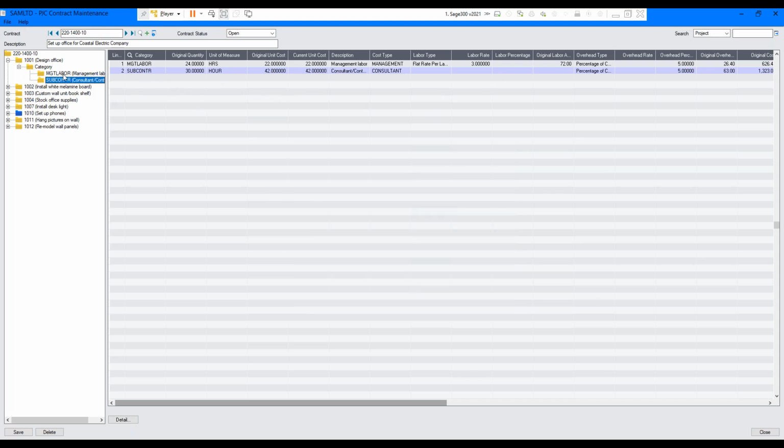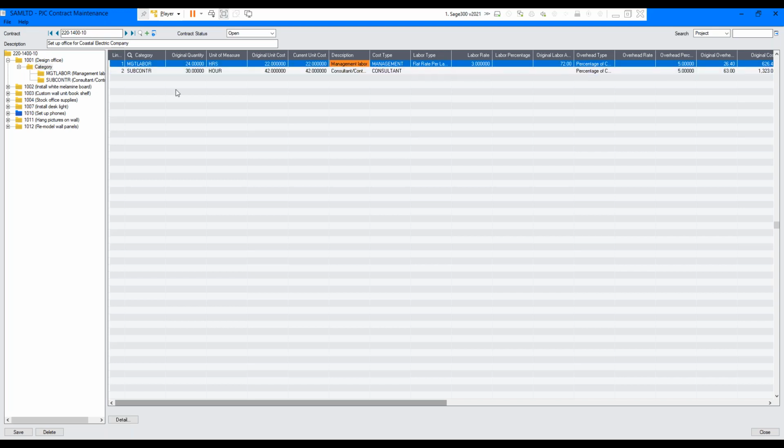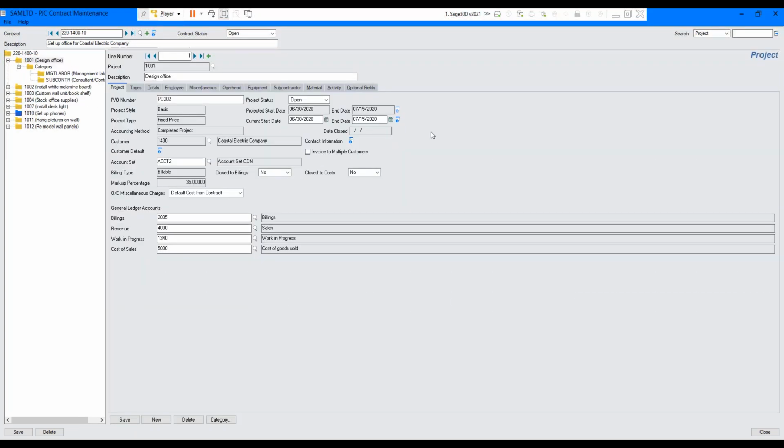So for example, let's just go to this category level here, management labor is associated with time cards because it is a labor category, whereas subcontractor would be purchase orders and accounts payable. So if I just go here and I go to transactions,